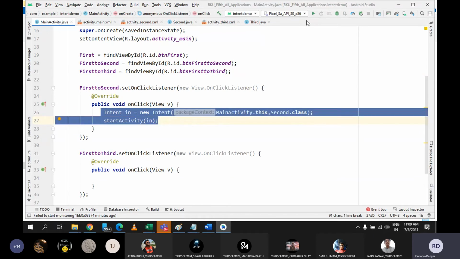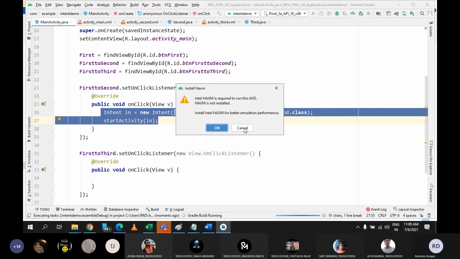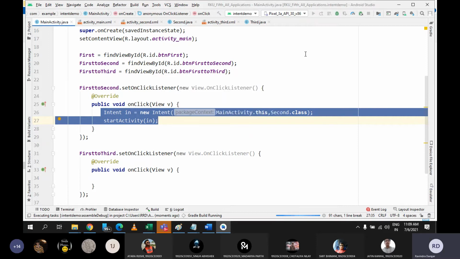Now let me run this file. Actually, I need to connect my phone again.